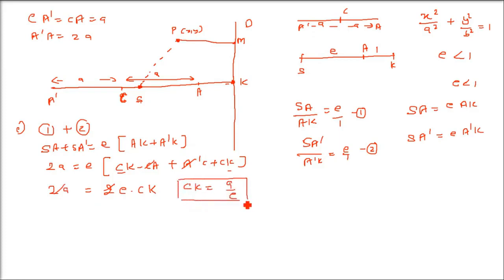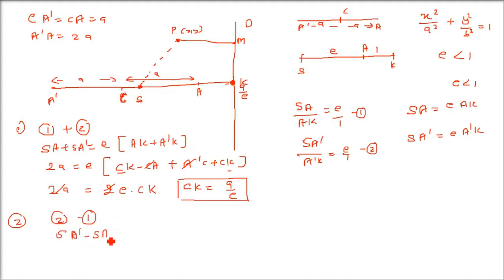Now keep this in your mind. We are going to use it. This point K is at A by E. Okay, now coming to the second one. We want S or P or M, whichever point we get. So we are going to subtract 1 and 2. We added in the first case, now we are subtracting 1 from 2.